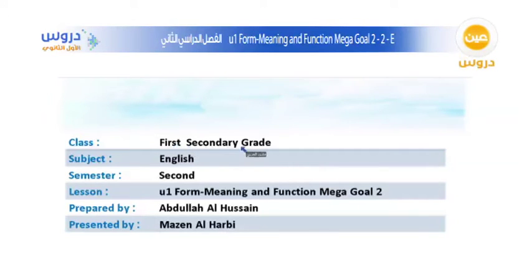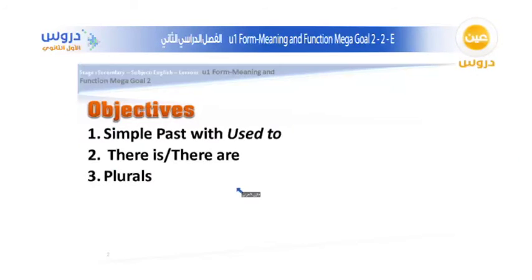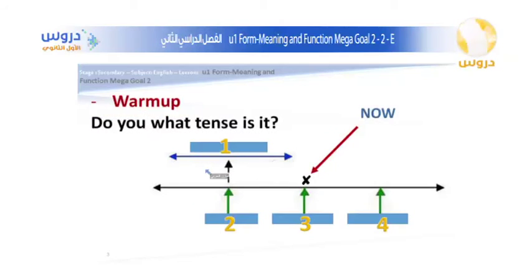This class is for the first secondary grade English subject for the second semester. The lesson is Unit 1 for meaning and function from the book Mega Goal 2. Our objectives in today's lesson are to know how to use the simple past with used to, also the usage of there is and there are, and also to get to know the plural forms. So let's begin. So the first thing is, do you think